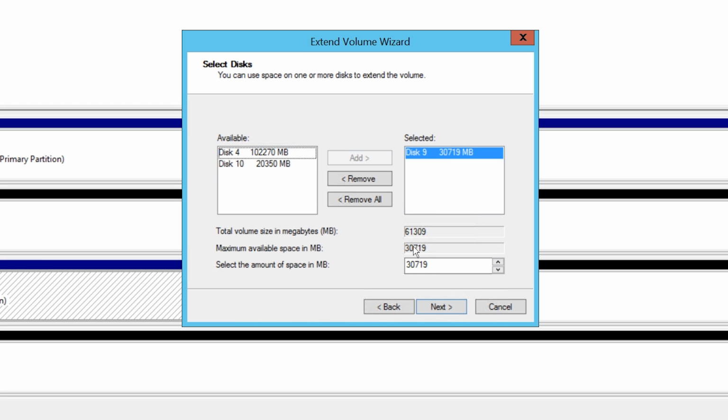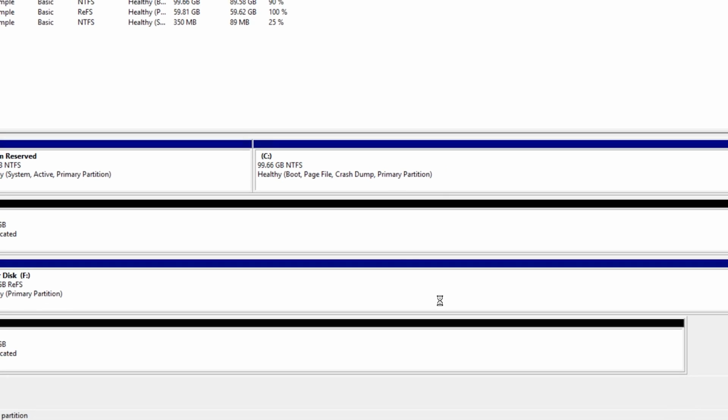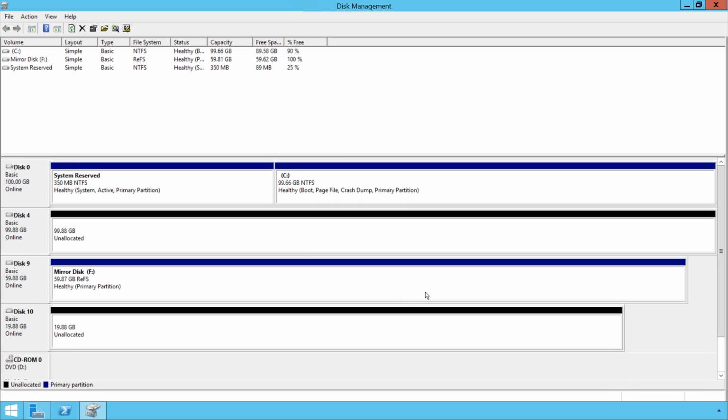Notice that by default it is configured to 60 gigabytes and thus will use all the remaining space. I also have the option to combine multiple disks together. I will not be doing this as I believe it is better to combine multiple disks together using Windows Storage Spaces rather than using Disk Management. Once that wizard has been completed, the virtual disk will now be using all the free space. So you can see that extending a virtual disk is a 2-step process. If I go back to Server Manager,